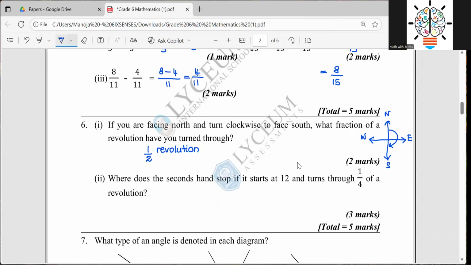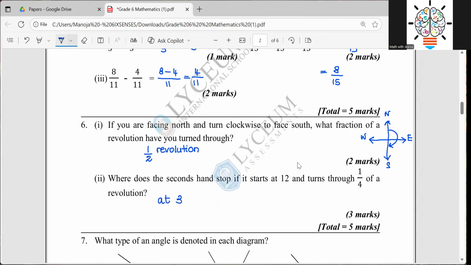Where does the second hand stop if it starts at 12 and turns through a quarter of a revolution? It starts at 12, in the sense that it is facing north according to my earlier diagram. Then it has gone only a quarter revolution. A quarter revolution means 90 degrees, the right angle. So now it is facing east, that means at